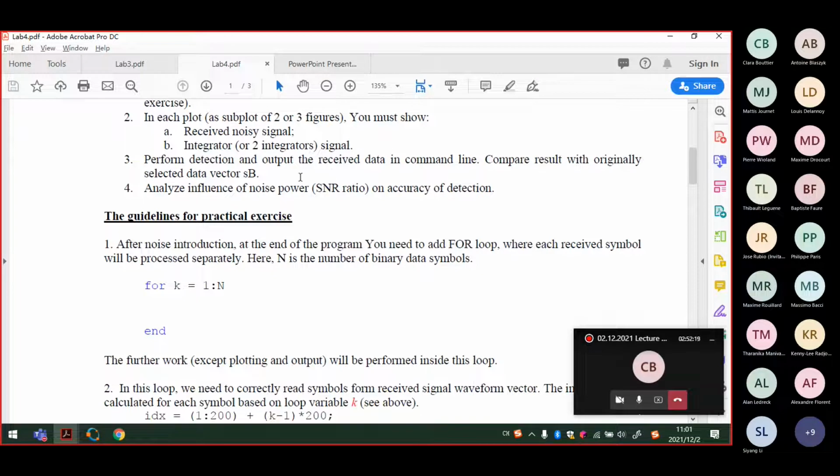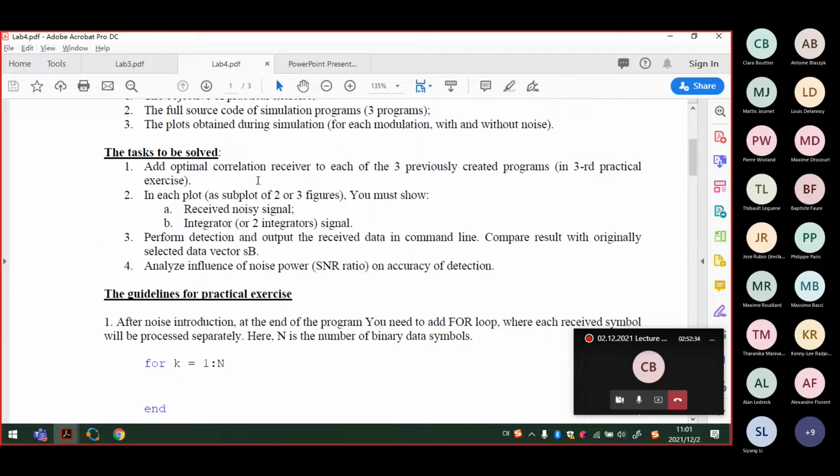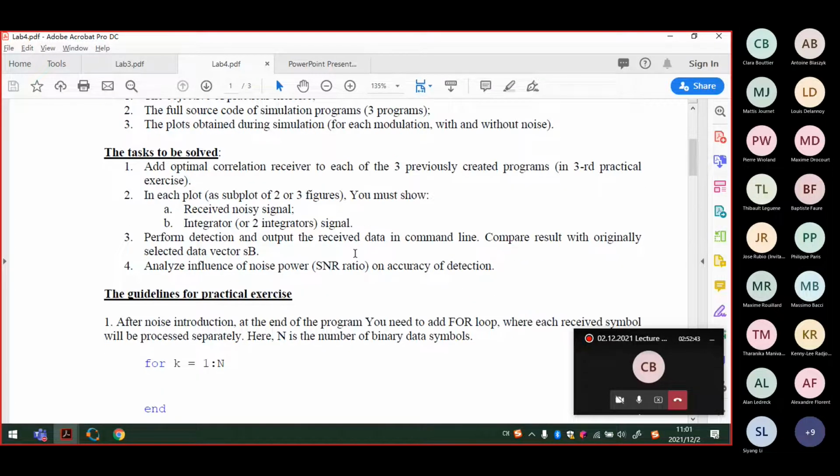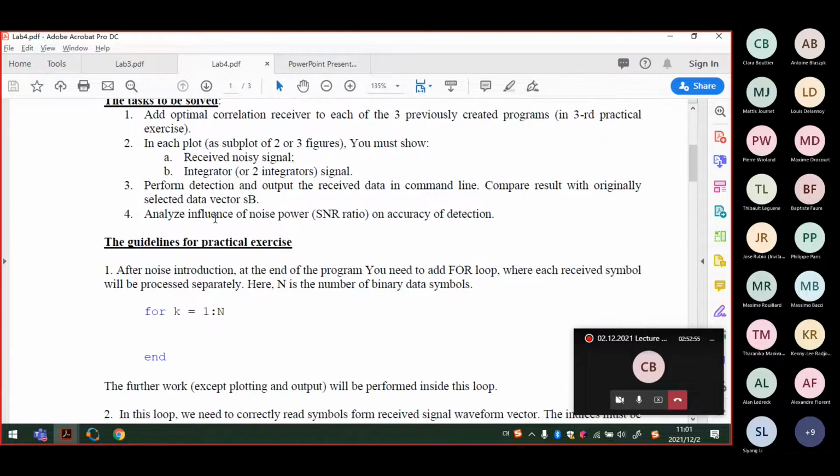In task 3 we need to perform the detection and output the received data in the command line and compare the result to the original selected data vector, which means our received signal after the optimal correlation receiver will be changed if we compare it with our initial binary data,